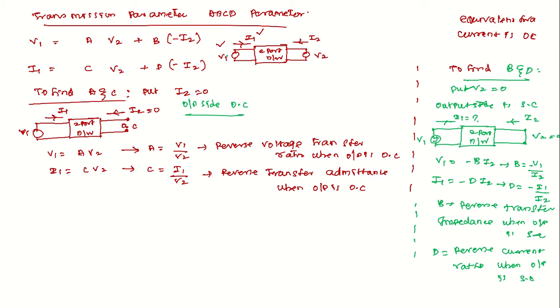And the next type of transmission parameter that we are going to see is called the inverse transmission parameter, and that is A dash, B dash, C dash, and D dash. Finding the inverse transmission parameters is likely the same as the previous one. So the last parameter is the inverse transmission parameter, A dash, B dash, C dash, and D dash.